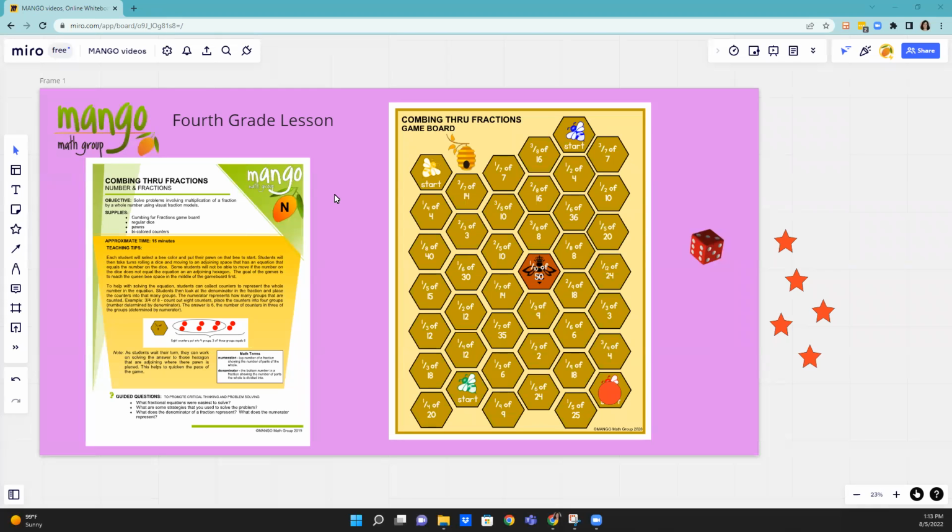Hello, this is Mary with Mango Math, and this is a fourth grade lesson called Combing Through Fractions, and that's exactly what students are going to be doing. To play this game, students will put their colored pawn on any one of the colored B's, and that's their starting point. Then one player is going to roll the dice, and let's say that player landed on